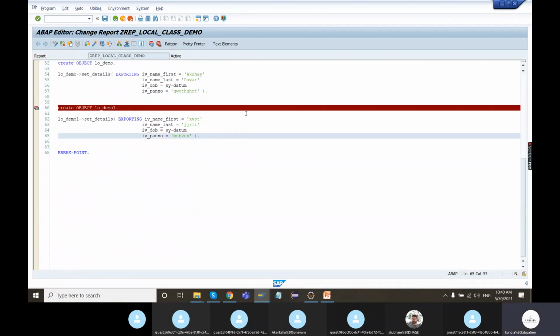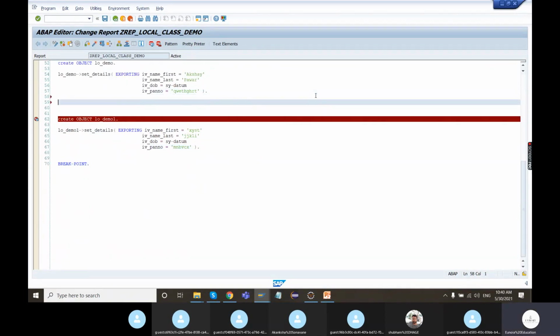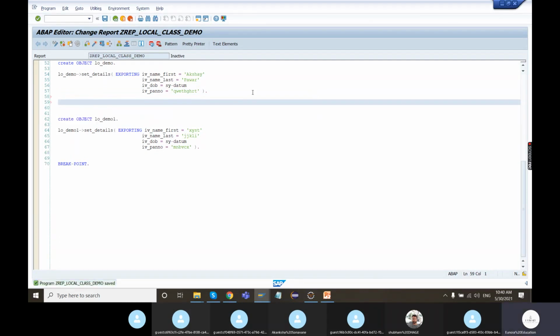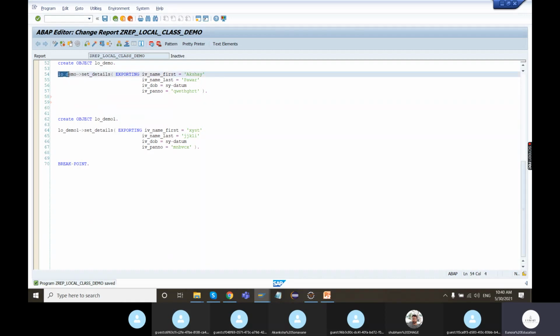Now we need to explore how the static attribute is to be manipulated. We saw how the instance method is to be called. It is to be called using the reference variable of the class, the arrow operator, and then whichever method you want to call.